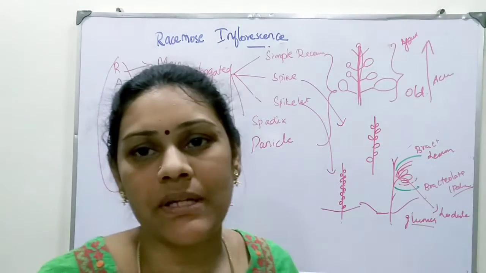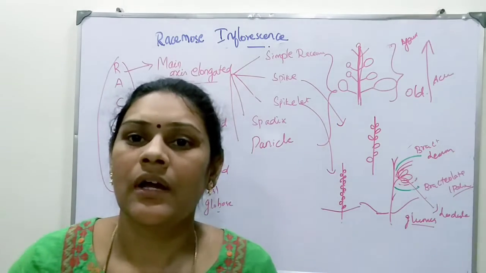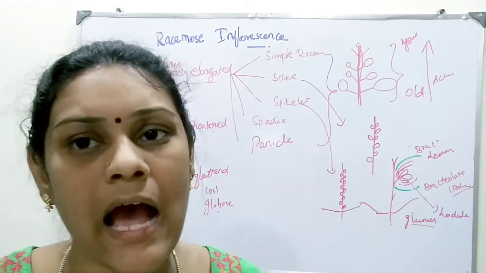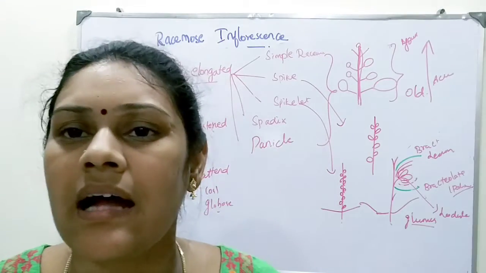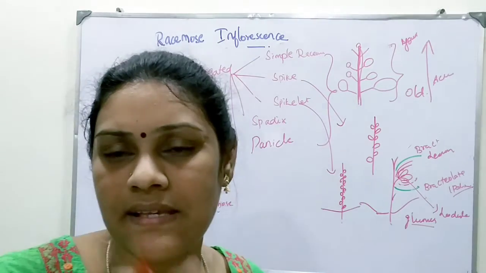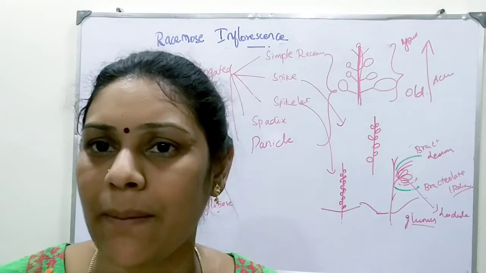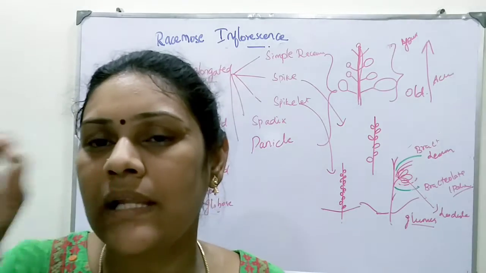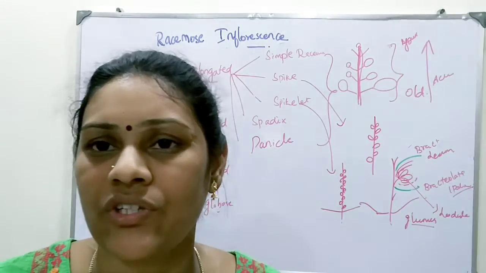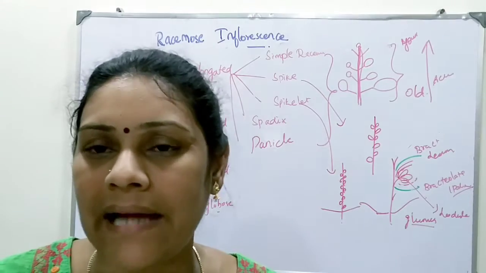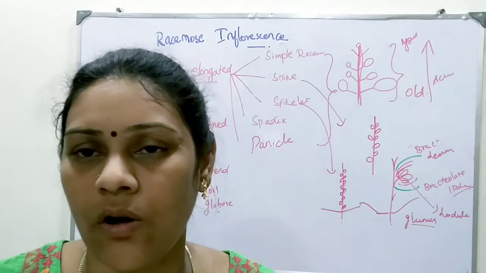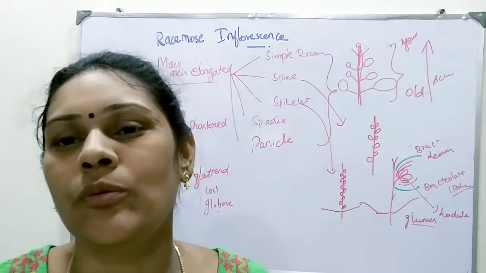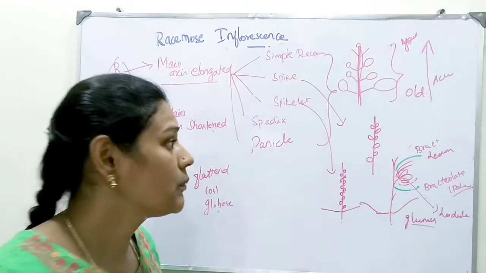Spikelet means it is nothing but too small when compared to the spike, and it is also present in acropetal succession with the sessile flower. If you zoom into a particular sessile flower, you will have a pair of structures at the base of the spikelet called glumes, and it has an upper and lower lip-like structure. The upper one is called the bract or the lemma, and the lower one is called the palea or the bracteolate. In between that you will have a lodicule or the flowers. Okay, so this is about your spikelet.